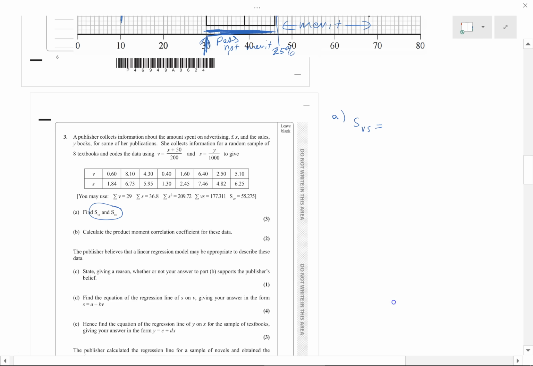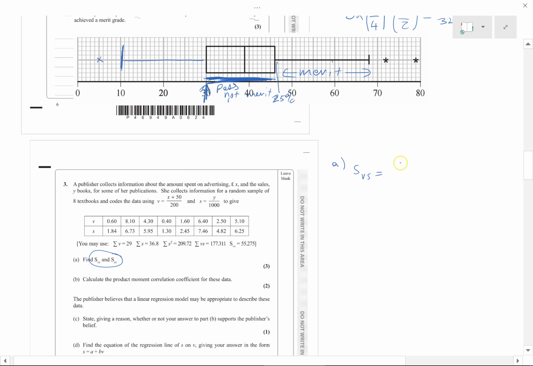But let's write that formula out with the different symbols in. So that's sigma VS, take away sigma V, sigma S, divided by n. Now in this case, we've got all the summary data here. We don't need to work it out again. We've got sigma VS there. So that's SVS is equal to